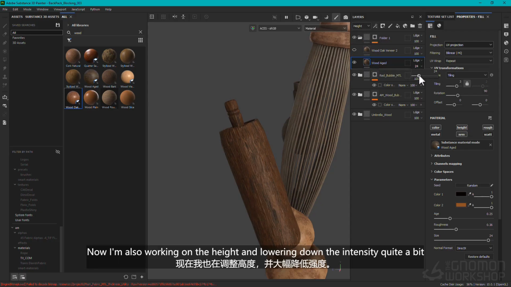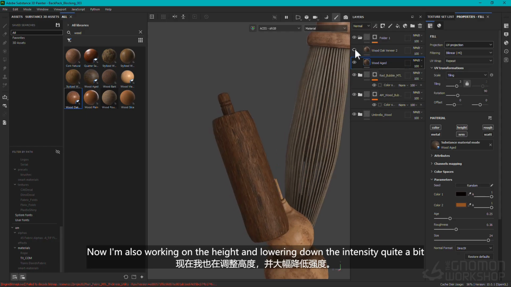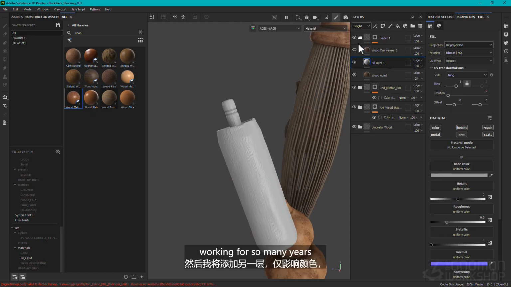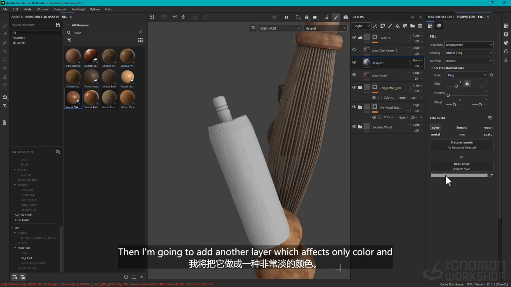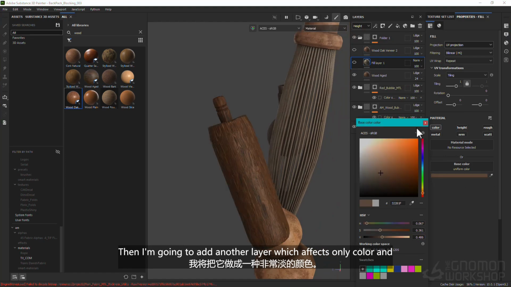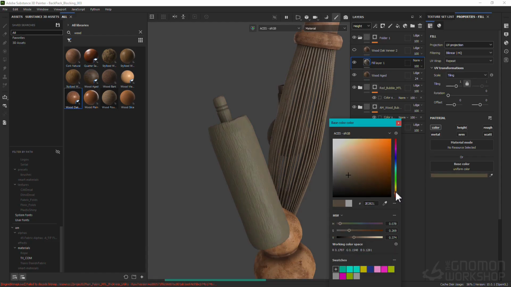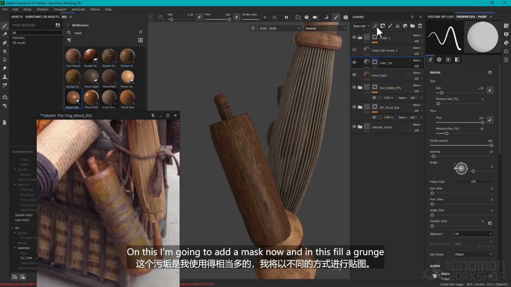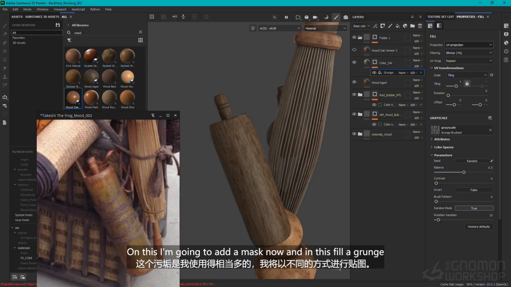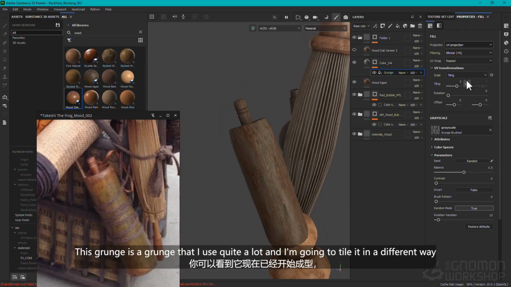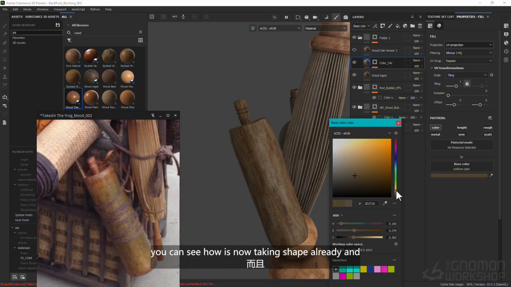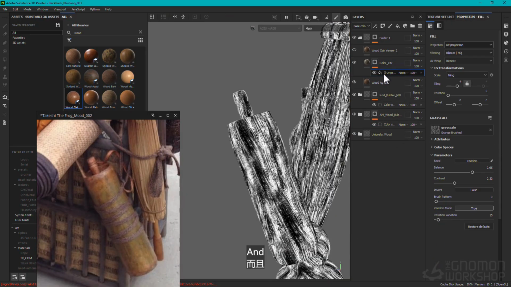Now I'm also working on the height and lowering down the intensity quite a bit. It's going to be smooth. Then I'm going to add another layer which affects only color, and I'm going to make it a really pale color. On this I'm going to add a mask now, and in this fill a grunge. This grunge is a grunge that I use quite a lot, and I'm going to tile it in a different way. You can see how it's now taking shape already, and